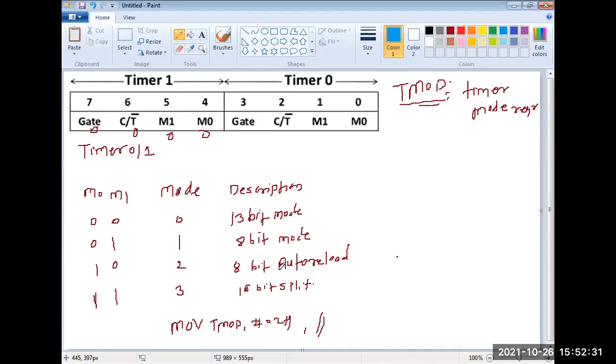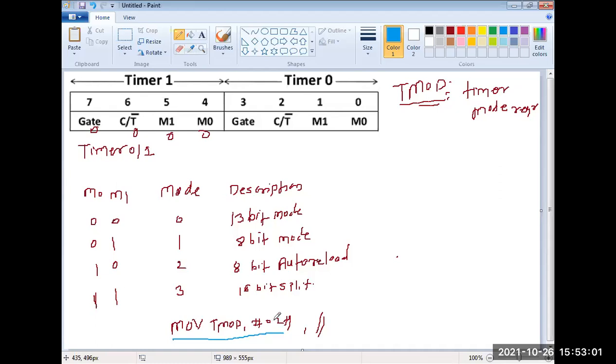What is the meaning of this? How to use this TMOD? So TMOD can be used for programming the controller to get the various time delays. As we know, timer 0 and timer 1, both these timers operate in 4 different modes. And how to configure each mode, I have to write the instruction for this. So we are understanding this instruction. What is written now? MOV TMOD, #02.